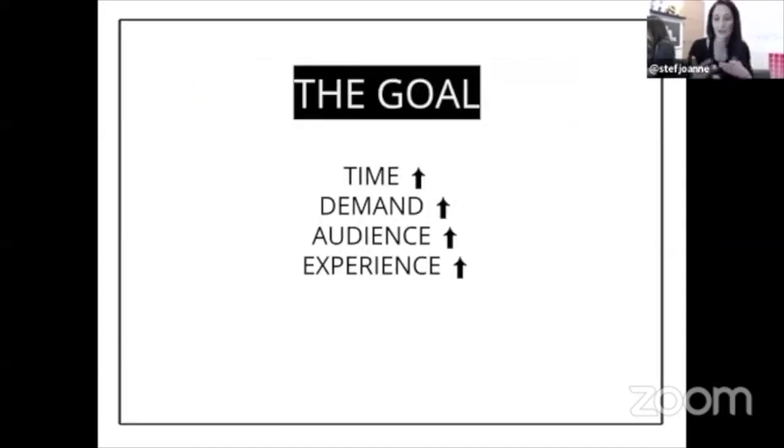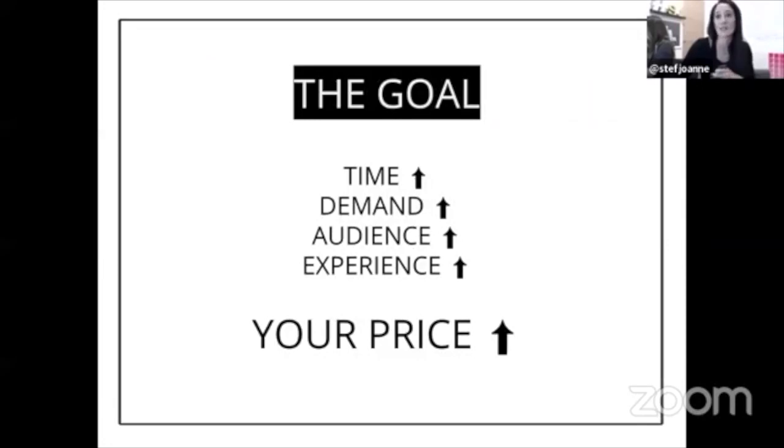Of course, when you're just starting out, we have to start with something, and that's why I'm taking you through this process right now. The goal as a coach, and especially as an online coach, is that as time passes and you do this a little bit more, the demand for your coaching, your programs and your offers increases. And this all will happen parallel to your list size and your audience increasing, right? So the more people you work with, the more people that go through your process, the larger your brand, your audience, your following and your experience. You sprinkle in a lot more testimonials, social proof and case studies. As all this stuff starts to grow and snowball, that is where you will see that your price will increase,